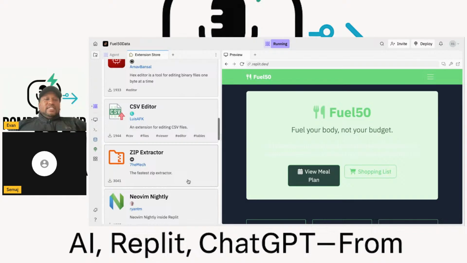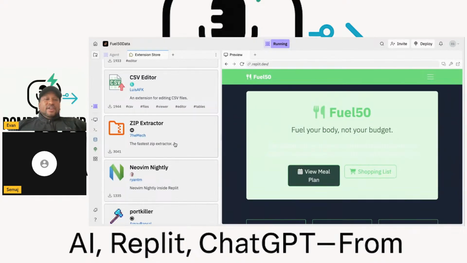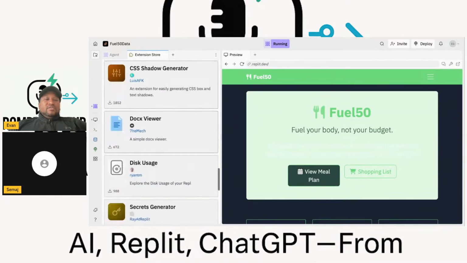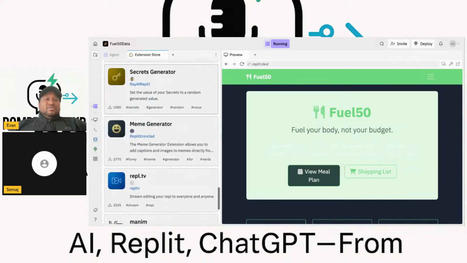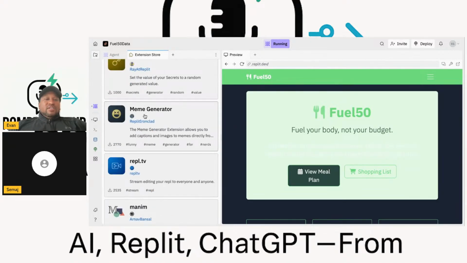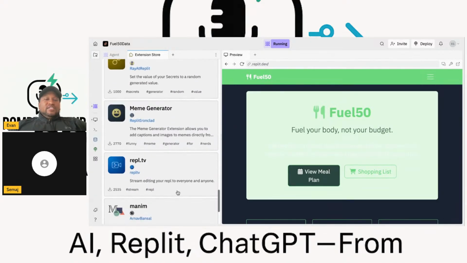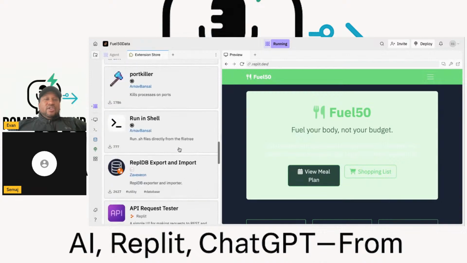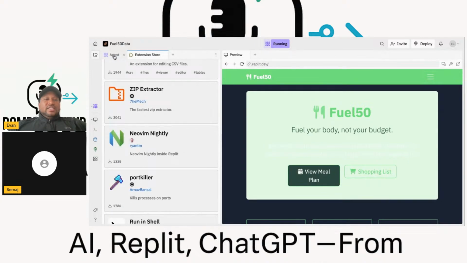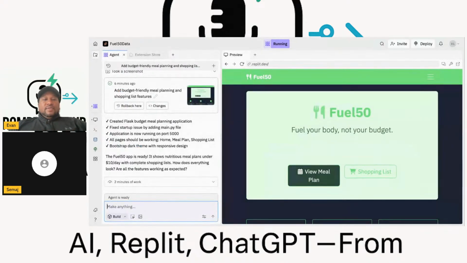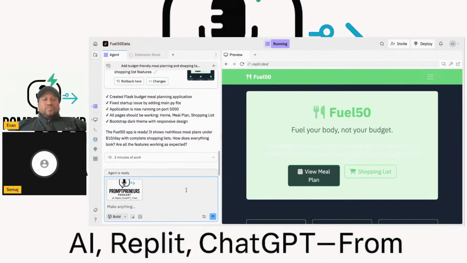Root workbench, hex editor, CSV editor, zip extractor. So there's a lot of things here that you can use, and a meme generator, things like that. I guess you would install these into your agent or your assistant, and it would use those databases as well to expand your file. And I think they also have those prompts up there, where it suggests what you should do next.